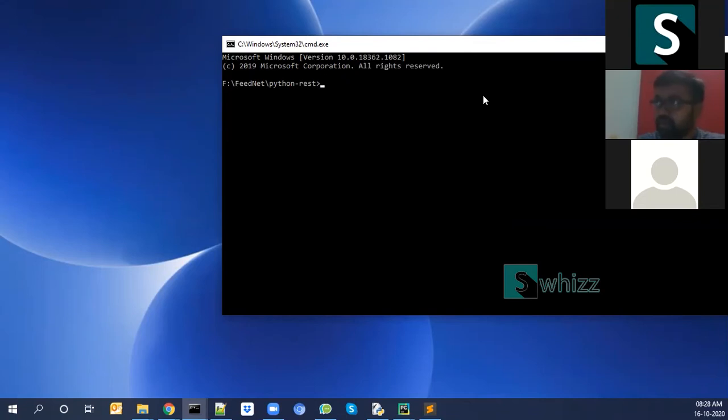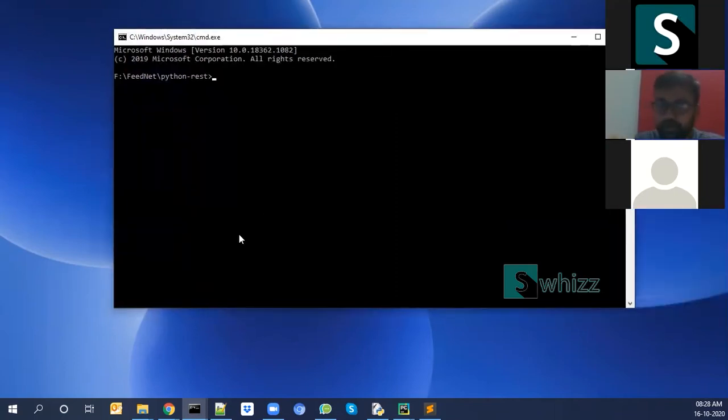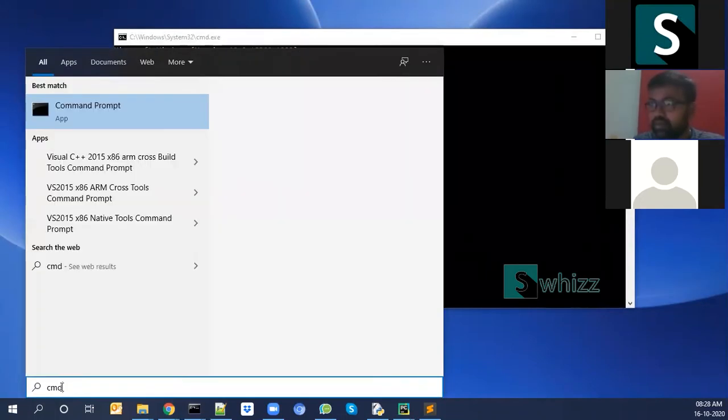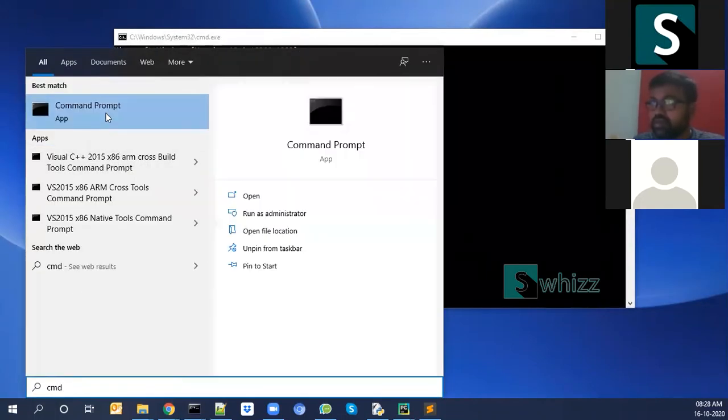This one, right? You are in some page like the command prompt. You know how to open the command prompt, right? Yeah. In the search box, you can type CMD. You'll get an option Command Prompt. So you can tap on this one.